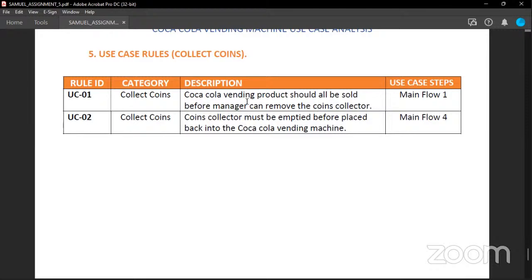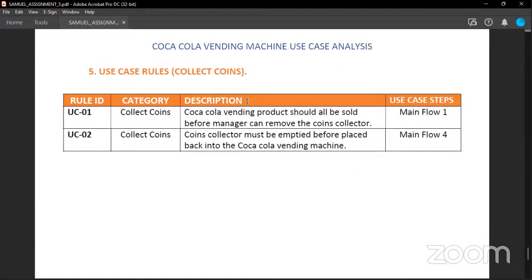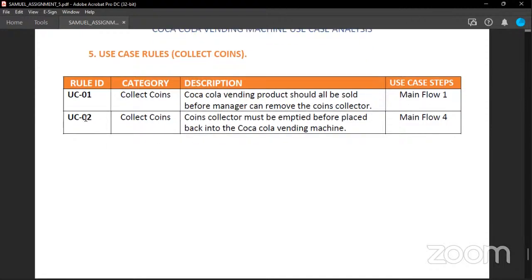I think I should have made a correction in the process flow so that it could accommodate the rules. I made a mistake in there, so that the manager can remove the coins. So the second use case rule would be that the coins collector must be emptied before being placed. So once the coins collector is ejected, the coins shouldn't still be in it, or there shouldn't be some sort of item or coins in there, but everything should be emptied before the coins collector is placed back into the